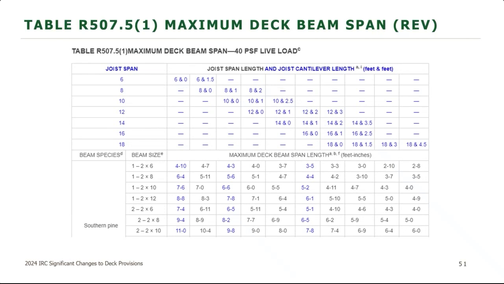So the beam spans that were in there were actually fairly conservative, because again, it was assuming that you were going to put the worst case scenario of loading up on top of that. What they realized is that these were somewhat conservative, and the deck builders kind of got together and said, hey, we're overspanning these beams a little bit. We need to come up with a method to scale this back and get a little bit more realistic. So what they did in the 2021 code was they came up with a factor that you could apply